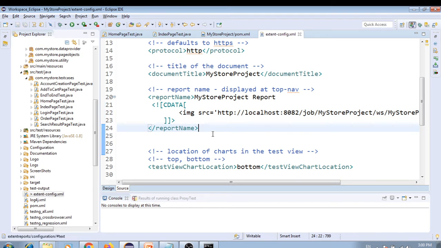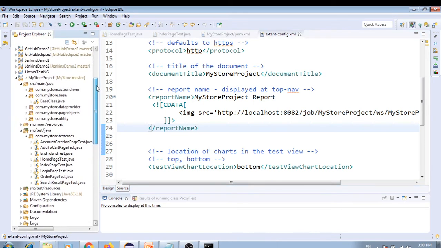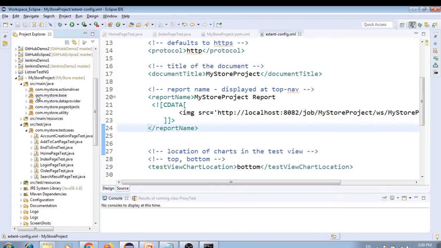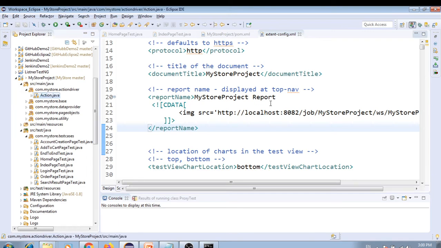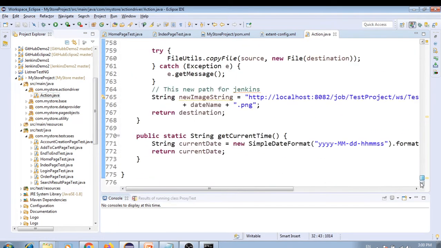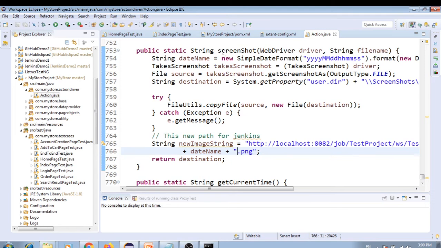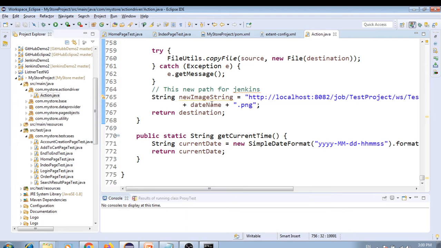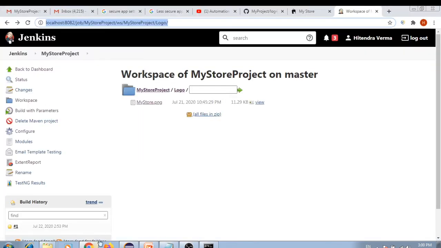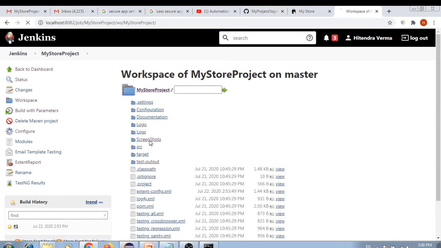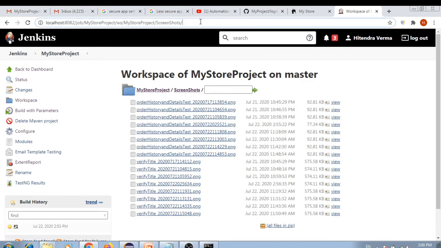And the second thing is we need screenshots, right? So for screenshots, just go to the action class. In the action class we have the method called screenshot. So this will take the screenshot. So what I'll do, yeah, so this is the path for Jenkins, guys. So here we need to specify the screenshot folder path. Simply, in the workspace only we will get this screenshot path. So simply copy this entire path and we'll put in our